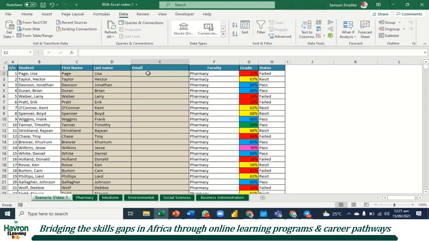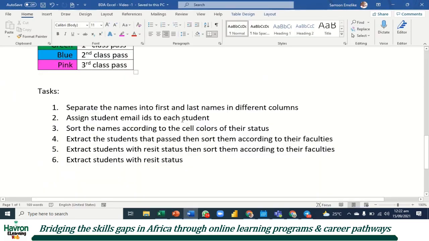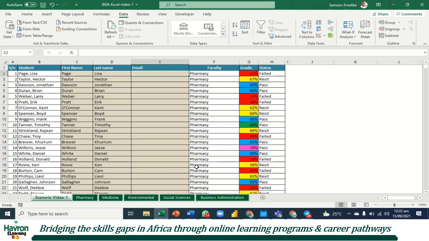Now the next question that we are looking at, question number 2: assign student email IDs to the students. So what I need to do is I'm going to use Flash Fill. Now note that the speed at which we are accomplishing this is what we are really interested in. There are different ways we can do this in Excel. However, we are looking for the fastest. So I am going to use